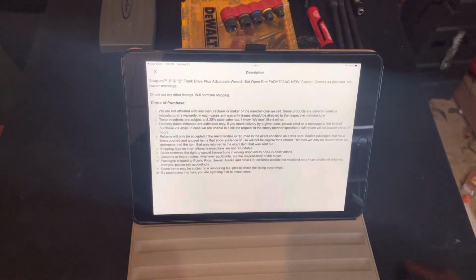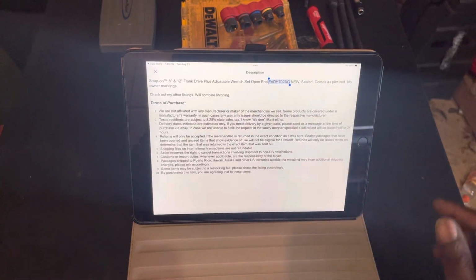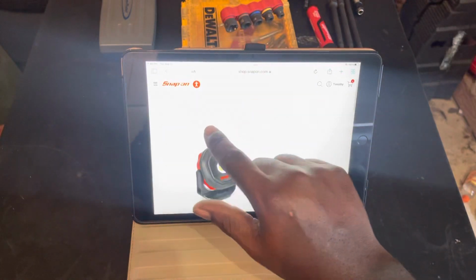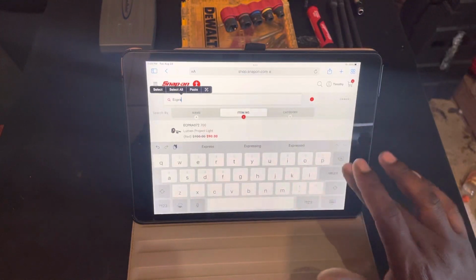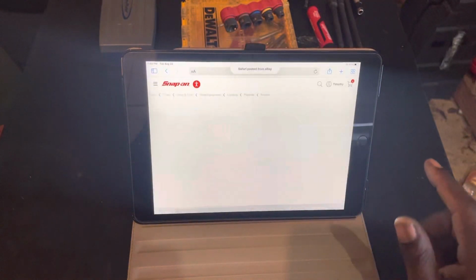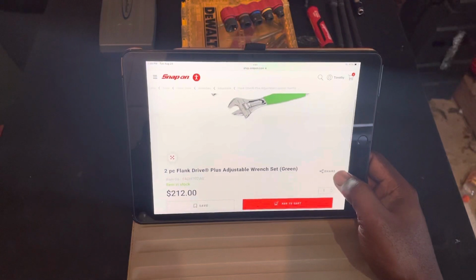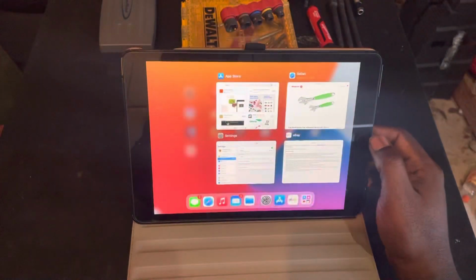Go to the full description. You know, you can find the part number, and I just copy that. Go to the Snap-on website and put it in there, and I'll just check the price to see if I'm getting a good deal or not. So then once I find it on the Snap-on website, I'll know what the guy on the truck is selling it for. So this $212 is what it goes for, and